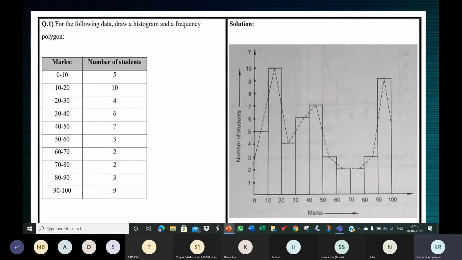I don't have a question like that with that heading. Maybe I'll show it in the next class. There'll just be this mention: prepare a frequency polygon with the help of a histogram, or prepare a frequency polygon without the help of the histogram. Or if it is simply prepare the frequency polygon, you can choose any one.